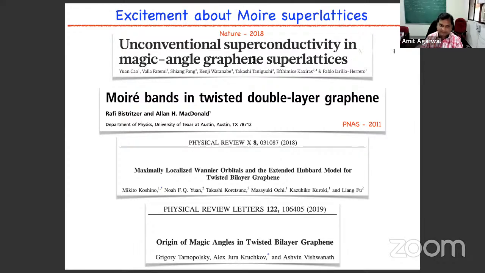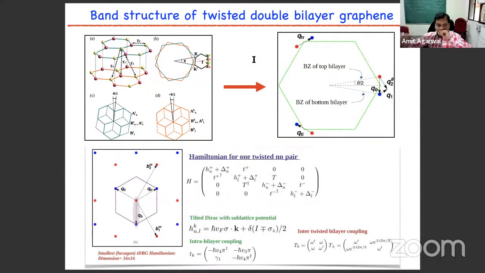This is one specific example. So very quickly, I'll talk about twisted double bilayer graphene. So there's a bilayer graphene, on top of it bilayer graphene, and they are twisted with respect to each other basically. By some very small angle, we'll talk of typically 1 degree rotations. And by virtue of this small rotation, the Brillouin zone shrinks, so the lattice becomes very large effectively,